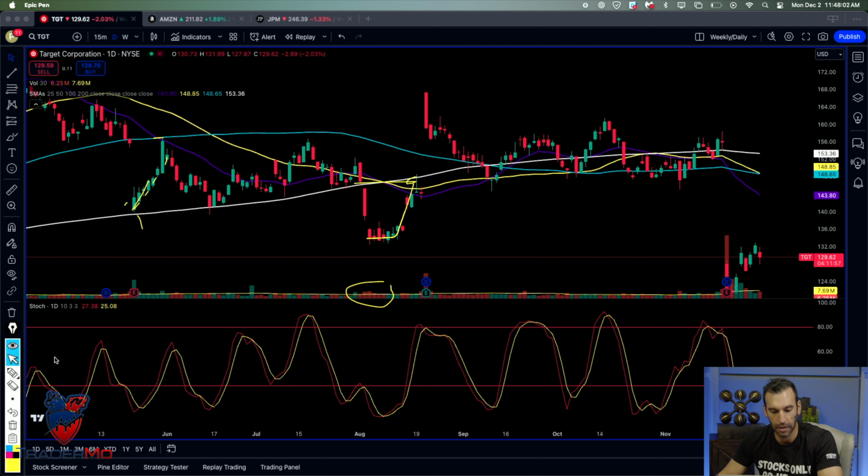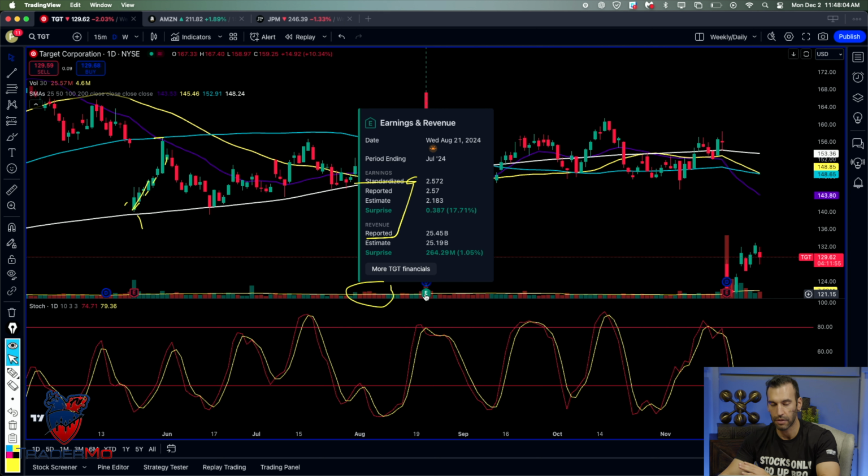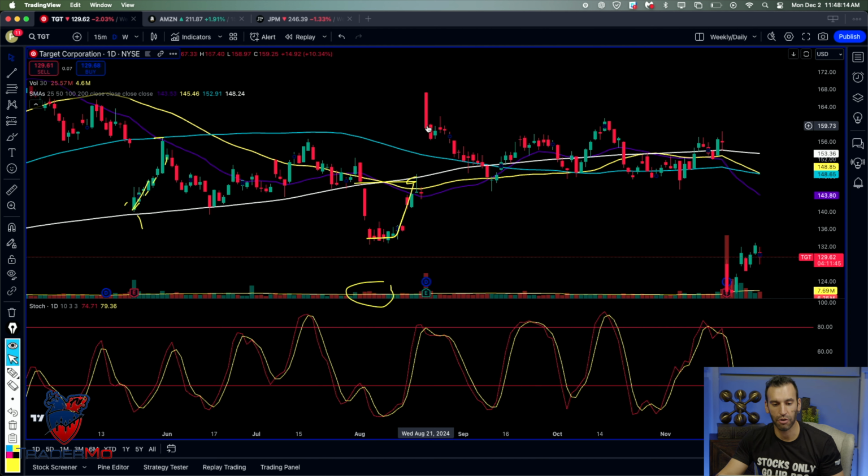Again, another earnings date here. This is if you're just trading purely off of price action. This is a great example right here. Earnings per share beat by 17%. Revenue beat by 1%. The stock price jumped up 10.3%. Well, to me, I would look at this and say, that was a hell of an earnings report. They just paid out a dividend. Stock was up about 10.5%. Why would this not continue to go higher?